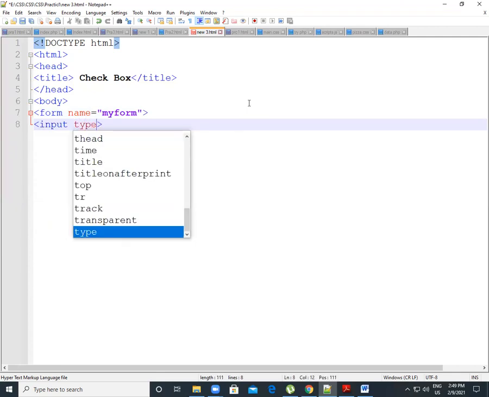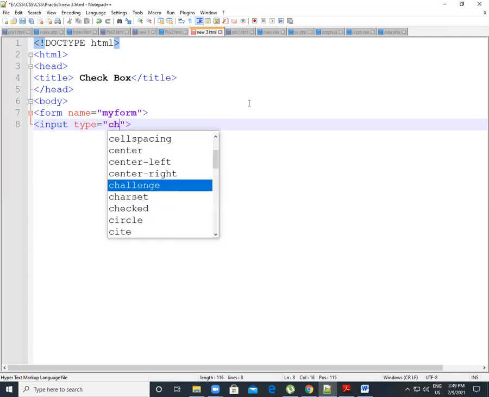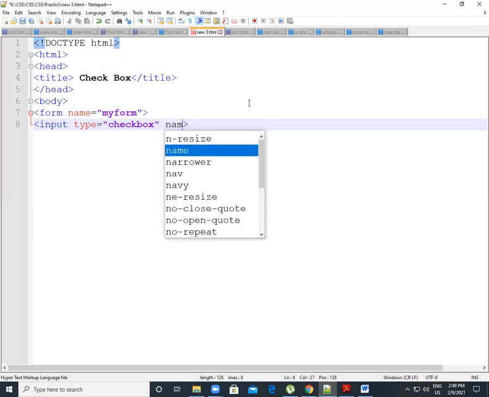Now, look here. We already know if we want a checkbox, our type is checkbox. Now we want to give some parameters or attributes to our checkbox. So we put name and value, because that way we can know which checkbox relates to which one.